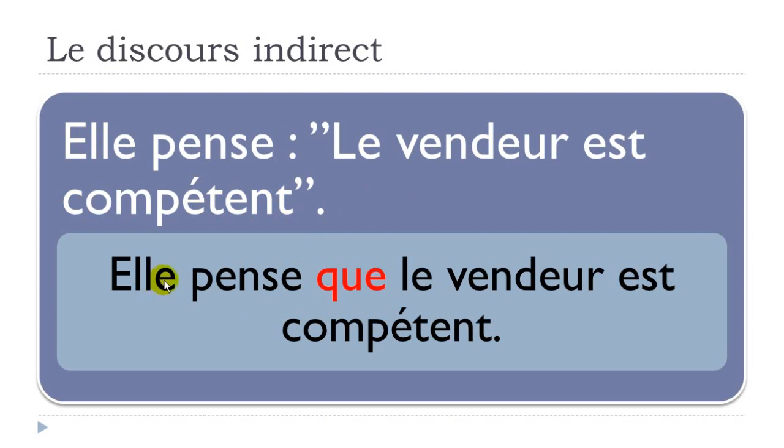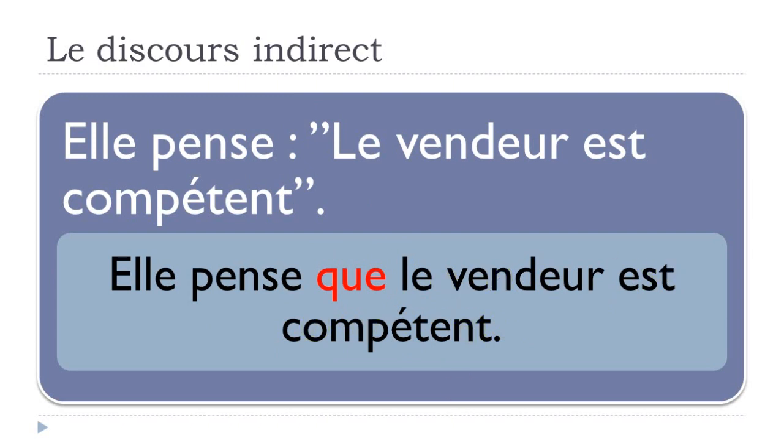what we call the discours indirect in that case, because you will get elle pense, so she thinks, que, that, and then you continue your sentence. Le vendeur est compétent. Okay, so in that sentence it's quite simple because, well, if you have a look at the first structure we've got here, and then the second structure we've got here, it doesn't change that much. You only need to add this que, and then you will remove few things, but then no main changes into your second part or this part of the sentence. Okay,